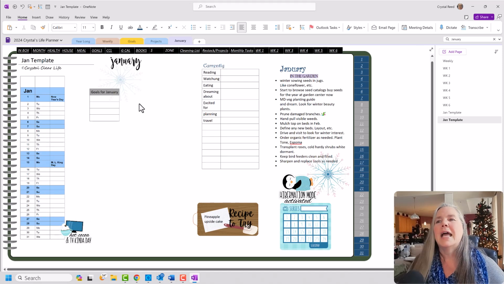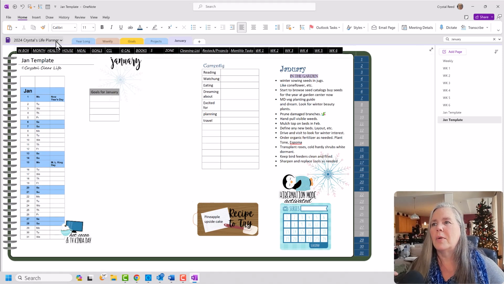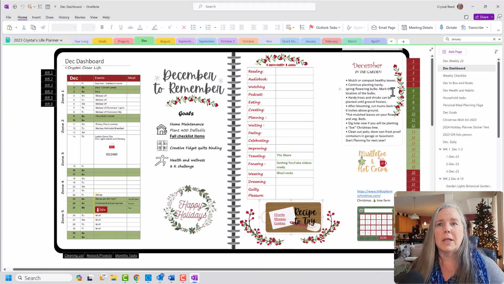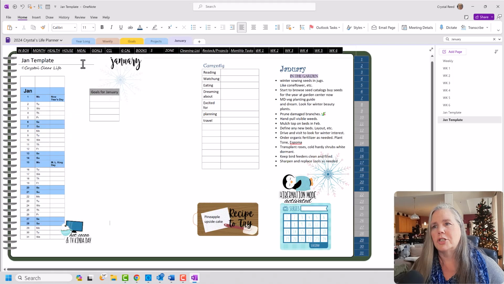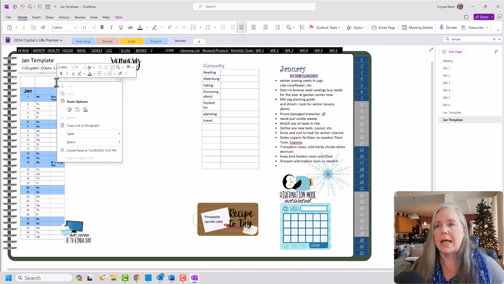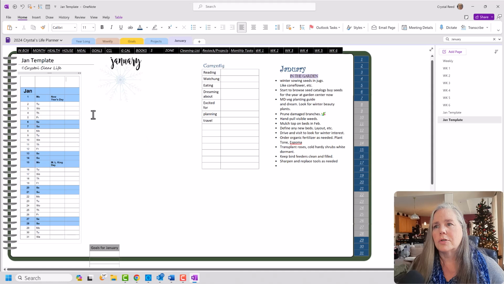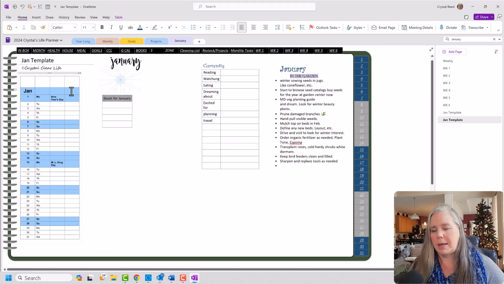You get the idea. Anyway, I wanted to show you that even though my December page looks pretty complex, right? It really isn't. It is a couple of tables. And actually, looking back at this reminds me, I added an extra row for meals, and I want to do that again in January. So I can take this existing table, I can click in this last cell, and go down to the table feature, and say insert to the right, and that will add another entire section there for me so that I can put my meals